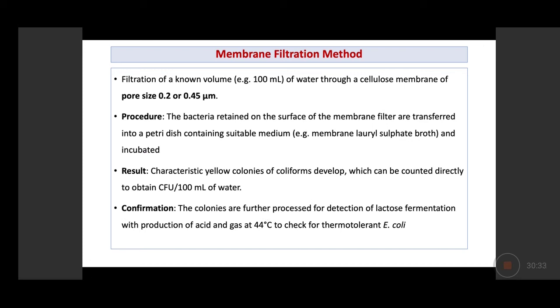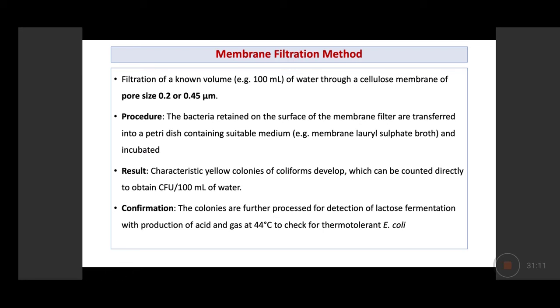It is basically a liquid medium, but we put it in a petri dish, and we also add an absorbent pad. Okay, we take a petri dish and we put an absorbent pad and we pour this medium. Then on that medium, we basically put this membrane filter. Okay, that cellulose membrane that we have used for filtration, and then we incubate that plate for 48 hours at 37 degrees. Then after incubation, we will see that there are characteristic yellow colored colonies of coliform which will